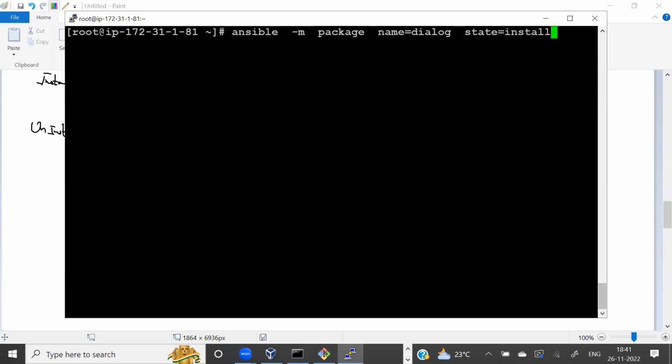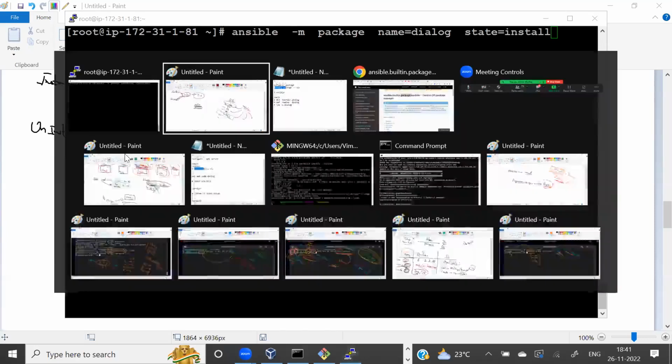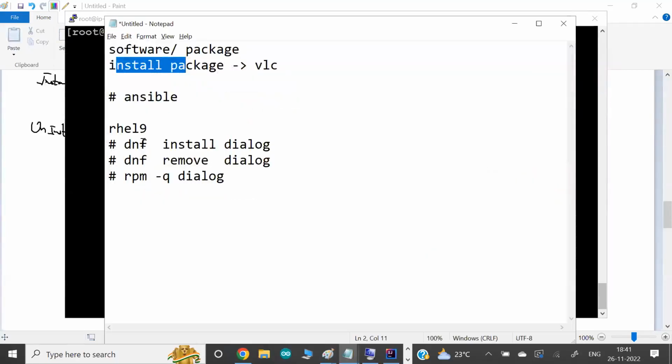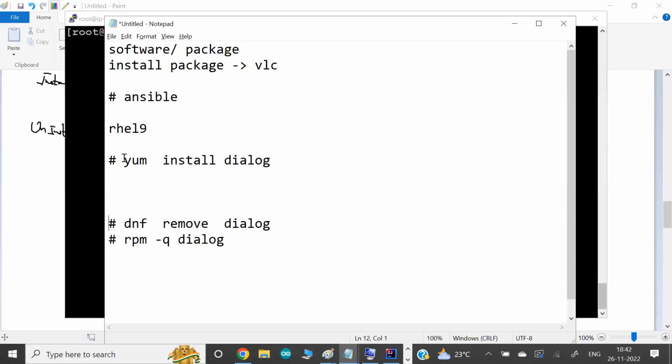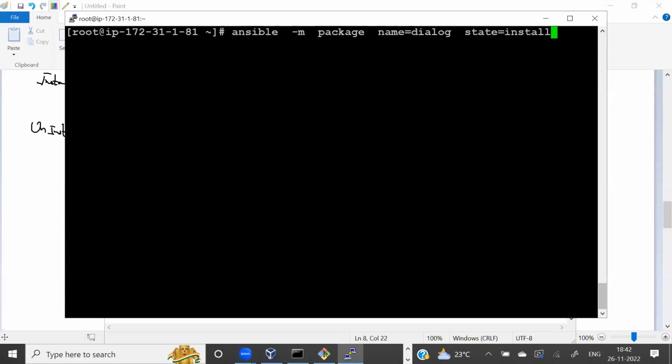Okay, so right now, guys, this command looks bigger than yum. Maybe you guys will say a simple command is there, right? Why not use that command? Because whatever this command is doing, yum install is doing exactly the same thing. So why are we going for this bigger command, this big complexity, rather than using the yum command?